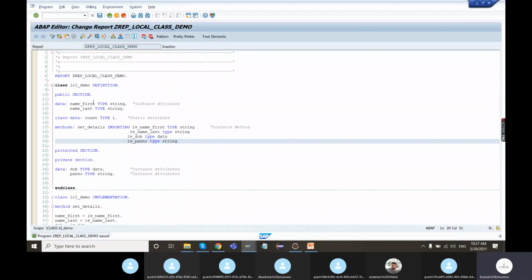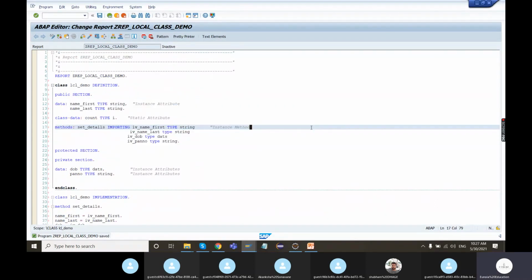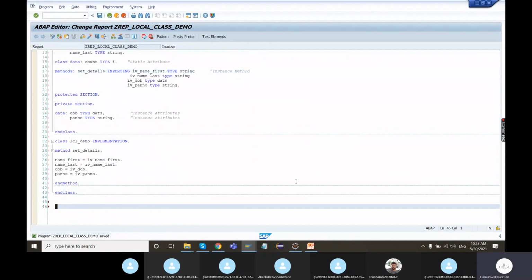So what we have done is we have declared some data. We have declared a method which is going to set the data. Now we can begin our execution.